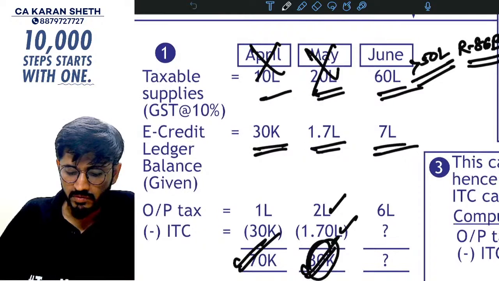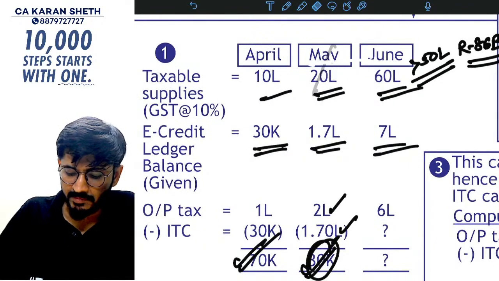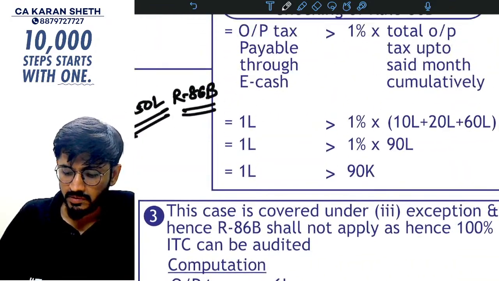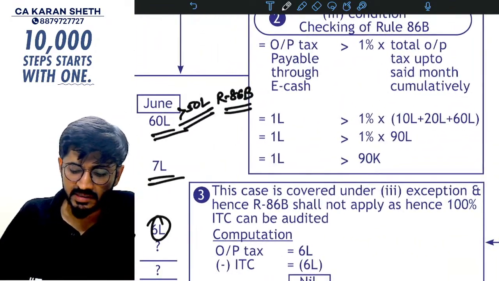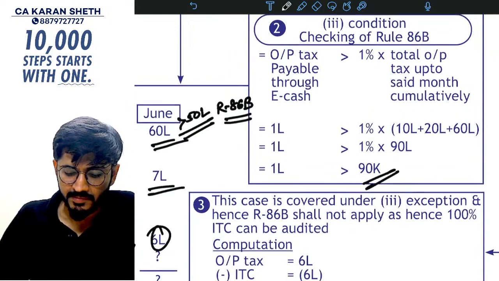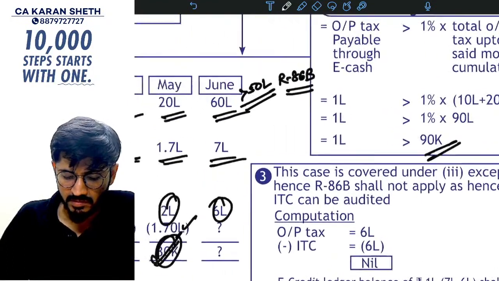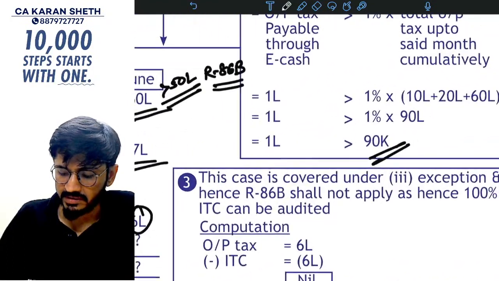तो बताओ कितना है आउटपुट टैक्स आपका? 1, 2, 6, 9 लाख हो गया. करेक्ट. तो 9 लाख का 1% कितना होता है? 90,000. करेक्ट. एक सेकंड,